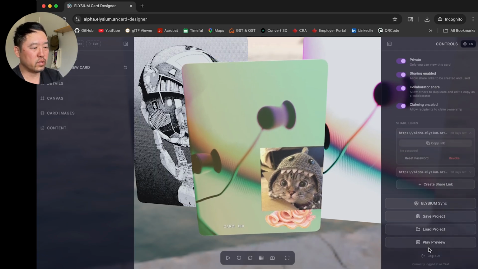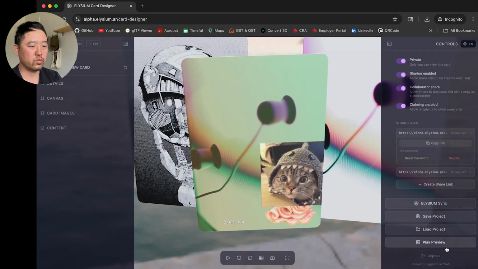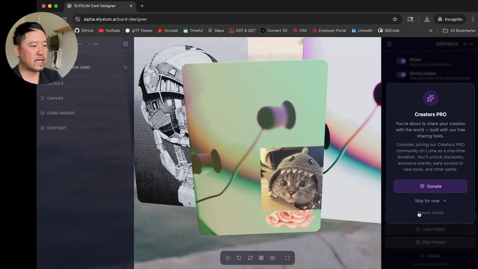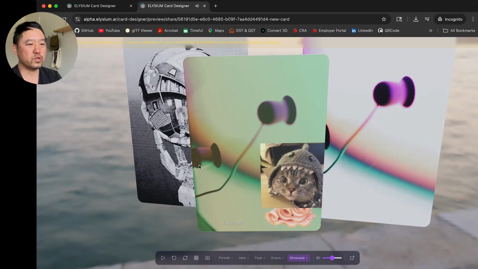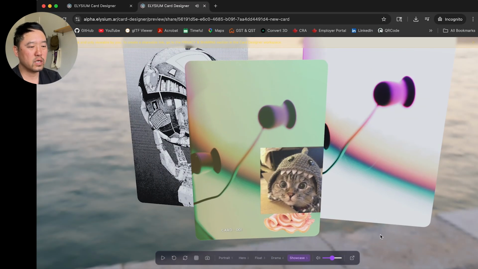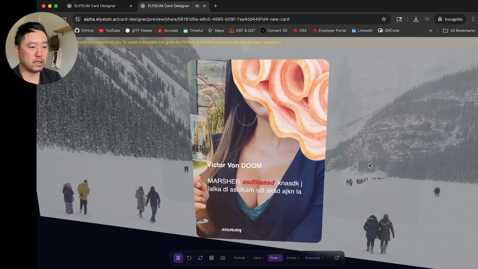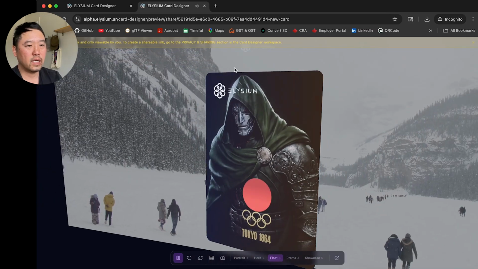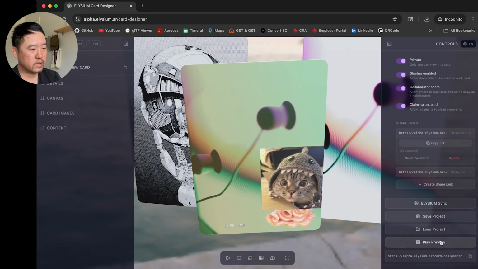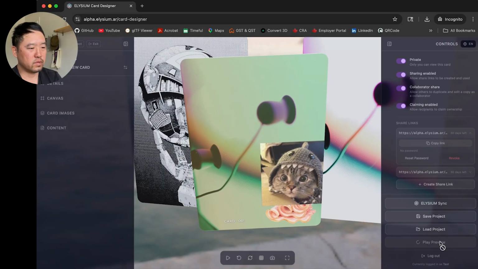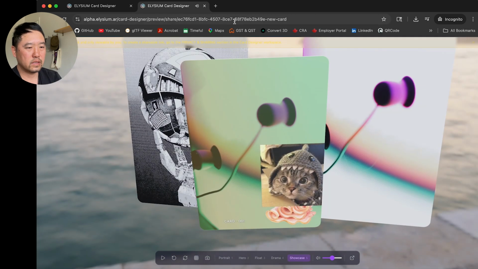The only button that we haven't gone over is this play preview, which is exactly the same interface. It's just another button that shows you the preview share, so that you can see what it would look like for people when you view the card itself. Okay. No, that seemed to be a bug actually. It's playing the wrong thing. There we go.